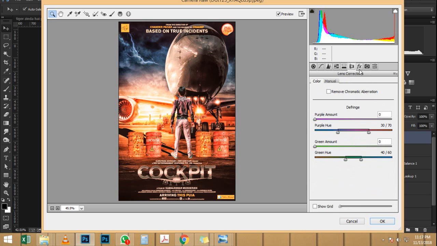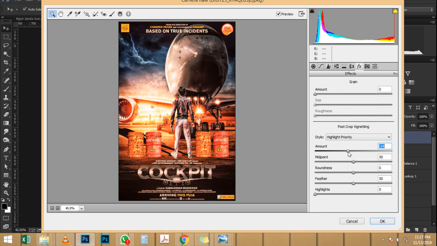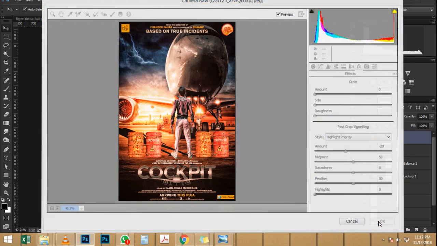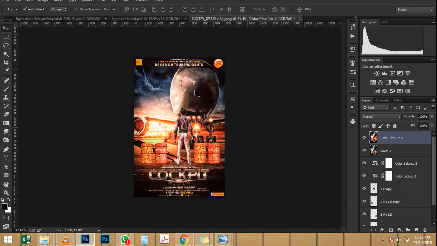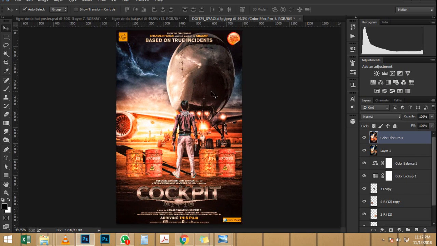So maybe something like that. Now the only difference between the final image that you saw in the beginning and this one